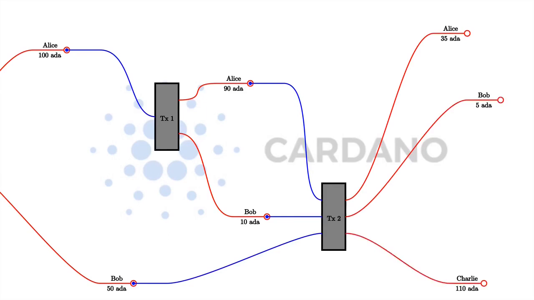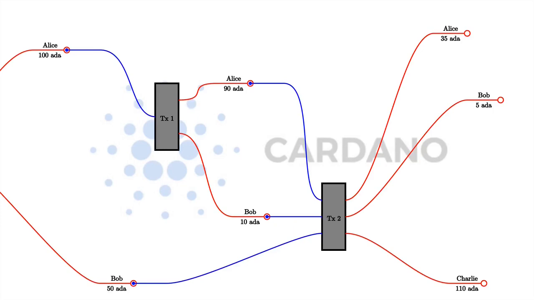One thing I haven't yet explained is under which conditions a transaction can spend a given UTXO. Obviously, it wouldn't be a good idea if any transaction could spend arbitrary UTXOs. If that was the case, then Bob could spend Alice's money without her consent. So the way it works is by adding signatures to transactions. So for our first example, our transaction 1, because that consumes an UTXO belonging to Alice as input, Alice's signature has to be added to the transaction.